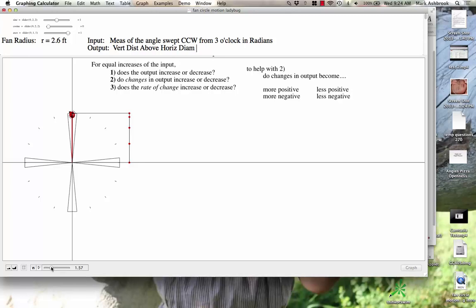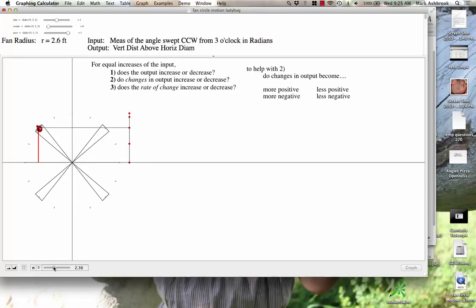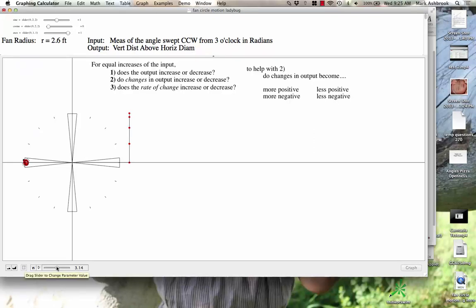The vertical distance of the bug is decreasing, which means that those changes are negative changes. Would you agree? What are those negative changes doing? Are they getting less negative or more negative? More negative. So, for instance, the radius of the fan was 2.6. So let's just make up some values here. This first change here